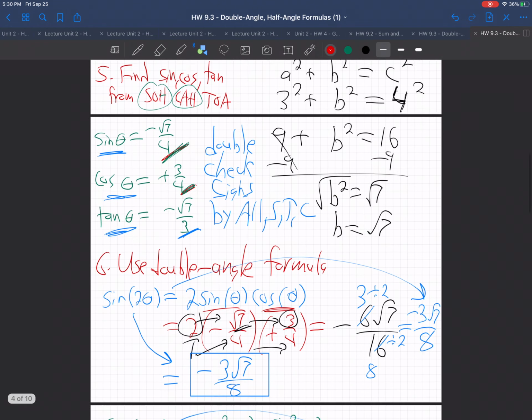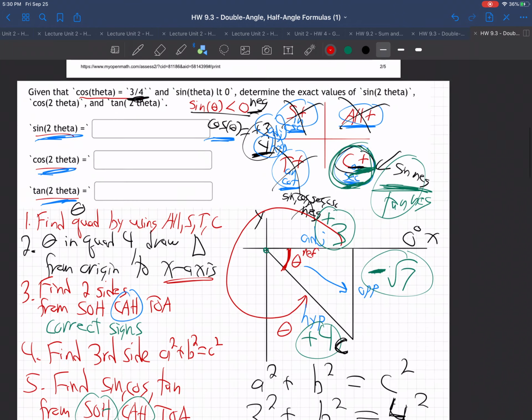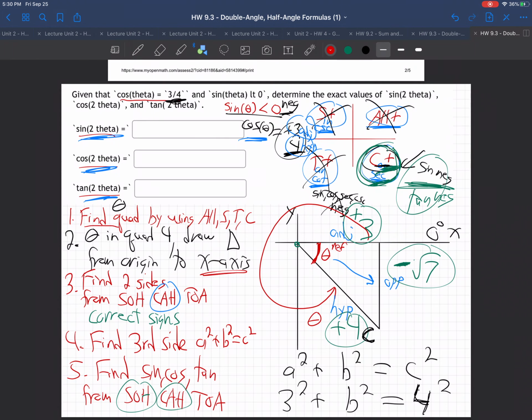So we found them all. It was a lot of work. What did we have to do? From the beginning, we had to find the right quadrant using all students take calculus, right? They told us sine is negative, less than 0, and cosine was positive 3/4, so it's positive. So that had to be quadrant 4. The all students take calculus is only satisfied in quadrant 4 where cosine's positive and the other ones are negative,